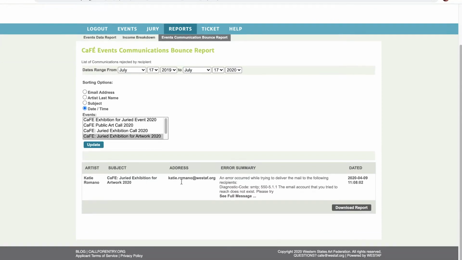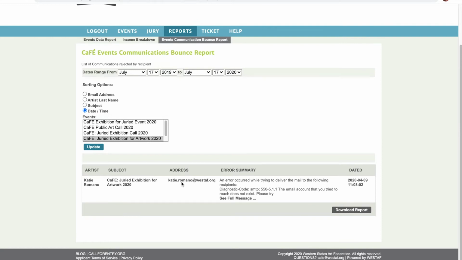So these are just all the bounced emails. They're usually due to incorrect email addresses on the artist account. Maybe they're outdated. If you don't see any emails listed here, you can be confident that the emails were sent to everybody. So this will tell you, if you know diagnostic codes, it'll tell you that too. But you can be sure that if there's nothing listed here, then you did it right.